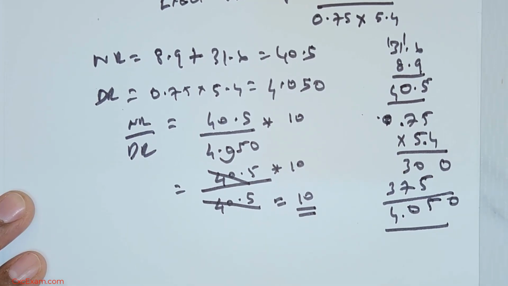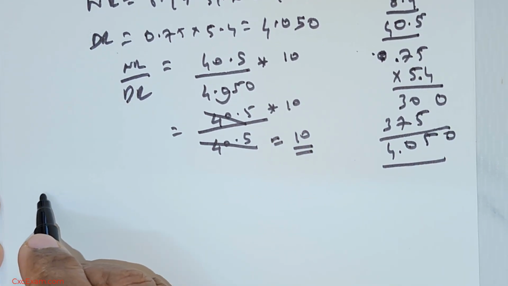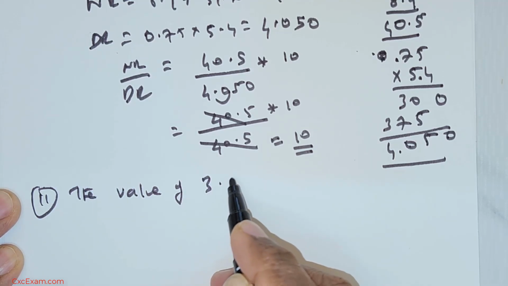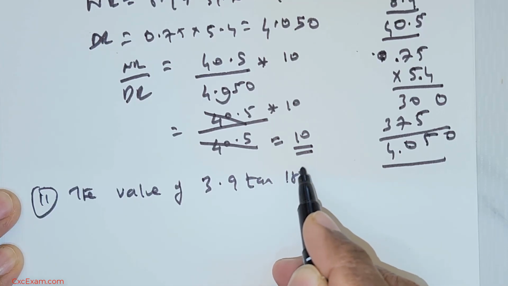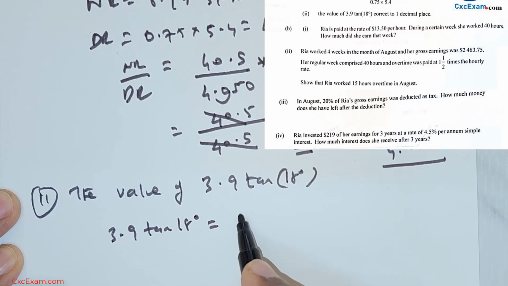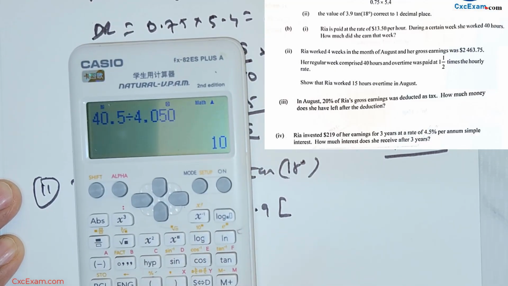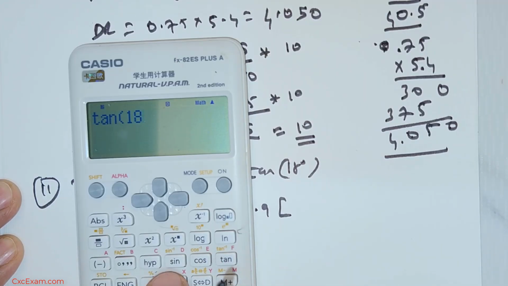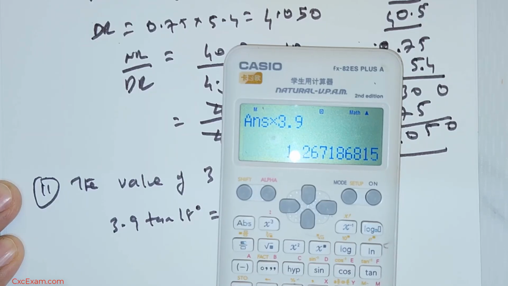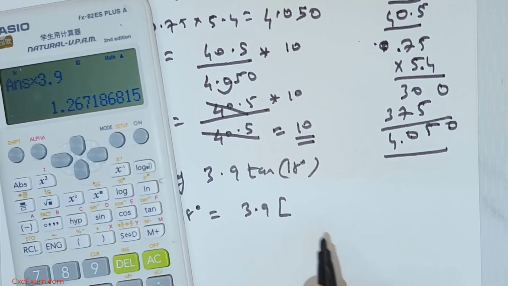Let's move on to the next one. So the next question is the value of 3.9 times tan 18 degrees. So this is 3.9 multiplied with tan 18. So what is tan 18? You go up over here, tan 18, that is equal to the value that you see there. You multiply with 3.9 and you are actually getting a value of